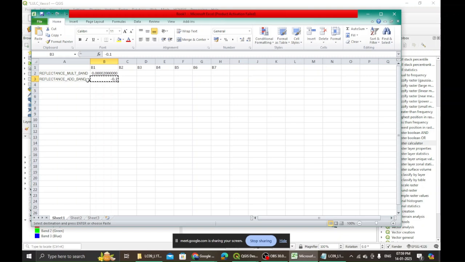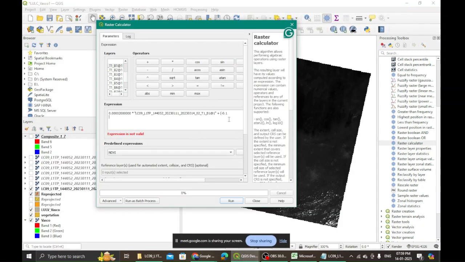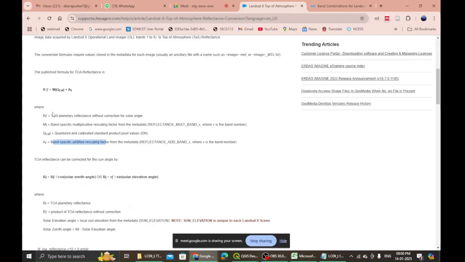Reflectance add band, see, additive band factor. This is what I am adding here, and I close the bracket. Now it says my expression is valid. So have I used the same equation which is written here? Yes. Multiplicative factor for that particular band multiplied by band plus this particular value, that is band specific additive rescaling.